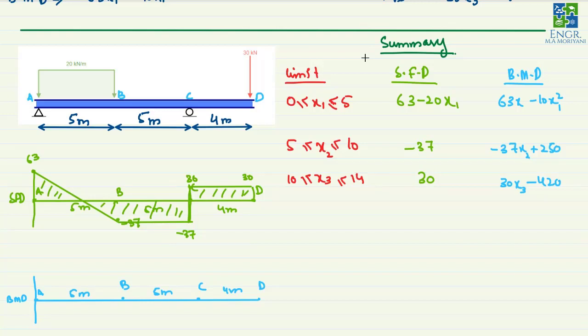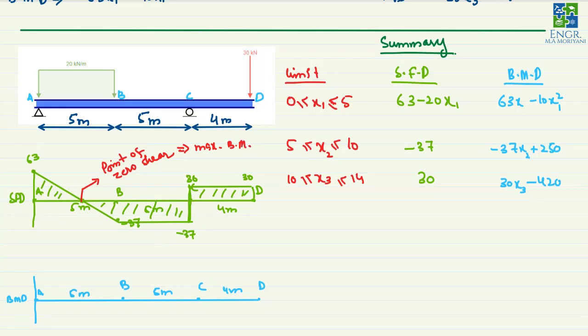One thing is very interesting to note. The interesting thing is that this shear force diagram crosses the 0 point in the region AB. Now this is a very important point, because this crosses at 0. This point is known as the point of zero shear, and at this point we will have the maximum bending moment.